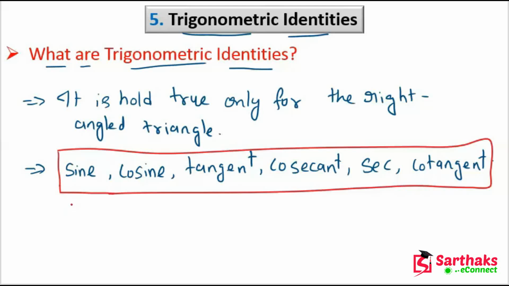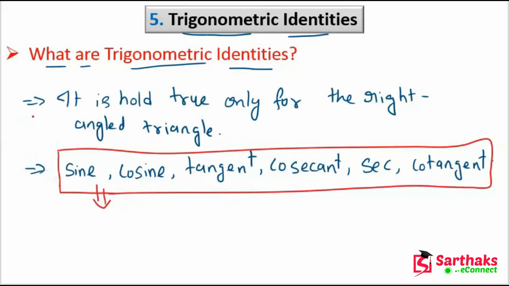All these trigonometric ratios are defined using the sides of the right triangle, such as adjacent side, opposite side, and hypotenuse. All these fundamental trigonometric identities are derived from these 6 trigonometric ratios. With the help of these trigonometric ratios, all the identities are derived. My dear friends, I hope you understand these things.